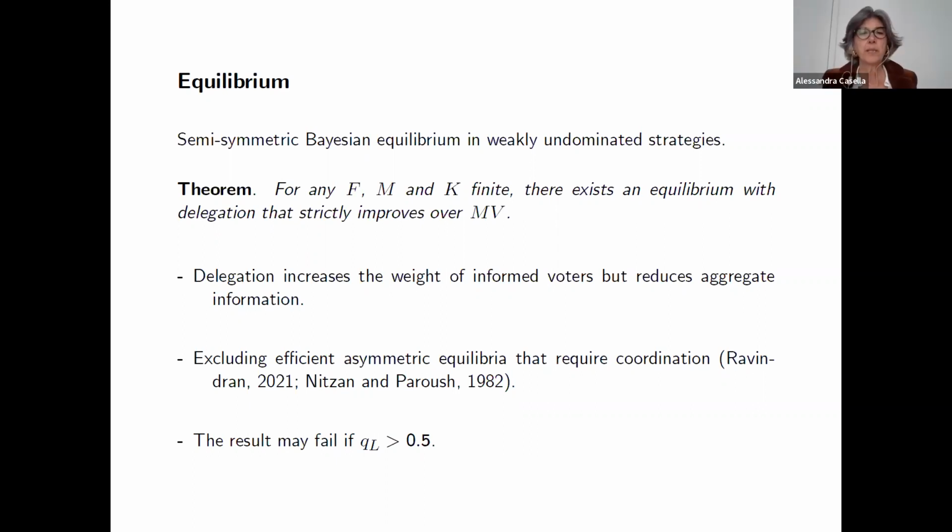So one question is whether this theorem is surprising or not. We were not sure that the result held when we started deriving it. It wasn't obvious to us, but others have told me it was obvious. Let me tell you why it wasn't obvious to us. The first reason is that this is very much a Condorcet setup, a world where majority voting does very well. And we know that delegation reduces aggregate information. So there is this Condorcet effect, the Condorcet loss.